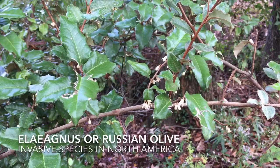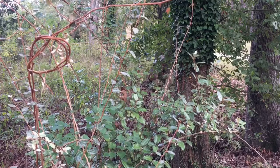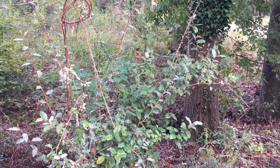Elaeagnus, which a lot of people plant in their yard and plant for hedges, it's pretty invasive. Once it gets the fruit on it, the birds eat the fruit and they'll fly across the way and make more Elaeagnus plants all over the place. So it's really the numbers of the invasive plants as they take over an area. This one here by itself, not that big of a deal, but if it forms into a thicket,